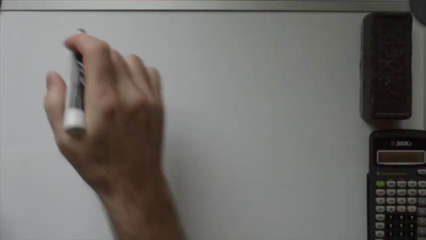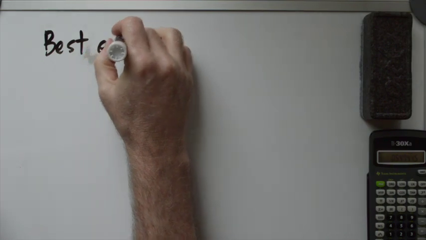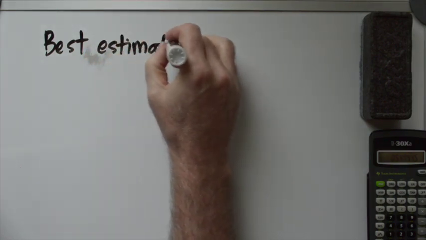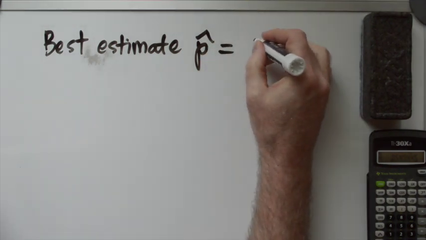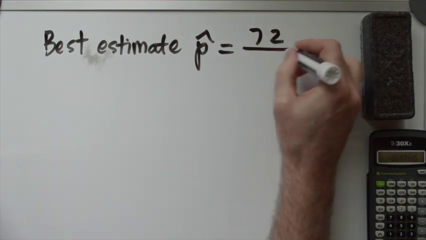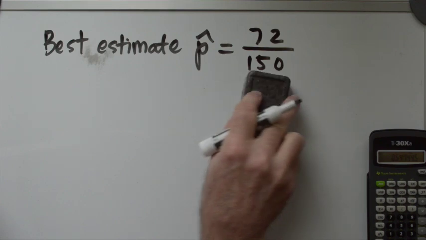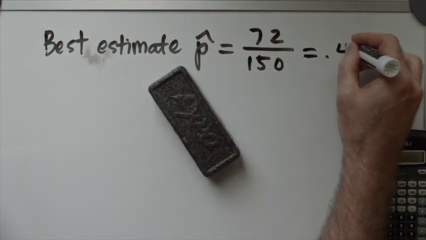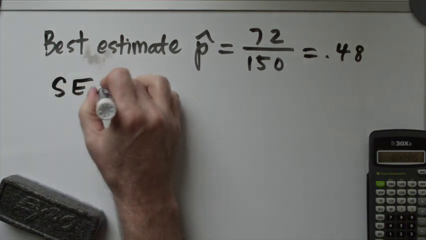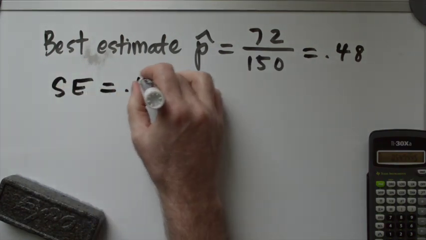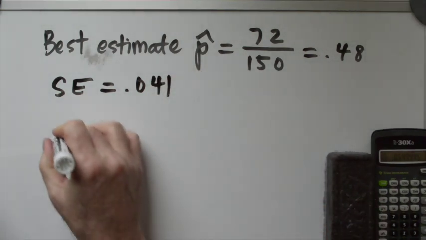We know that our best estimate is p hat equaling 0.48. That's going to come from the 72 orange candies out of the 150 total. That's a p hat of 0.48. Now, from the dot plot, we got that the standard error was 0.041. And so our 90% confidence interval